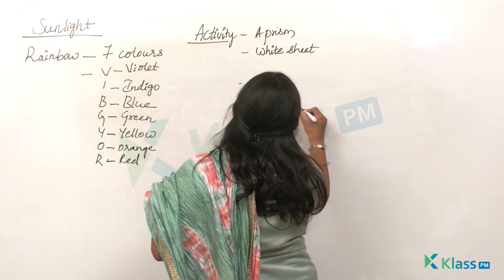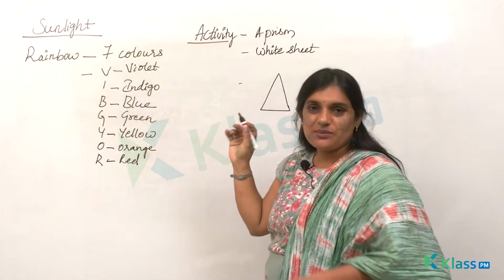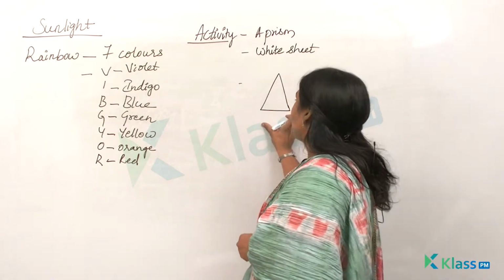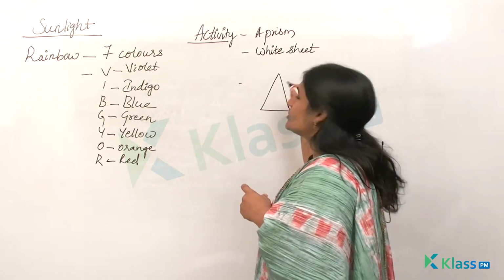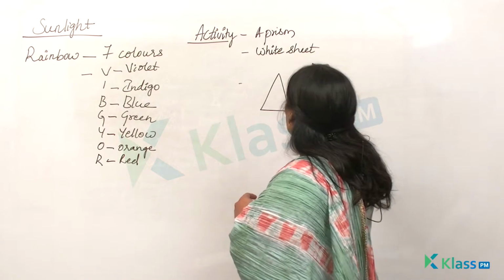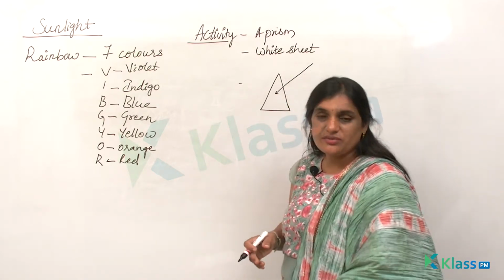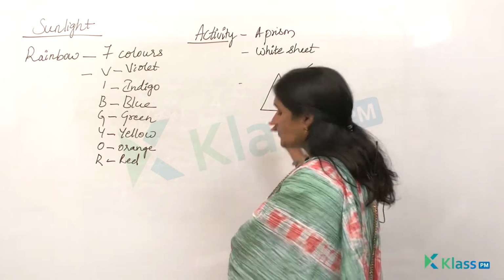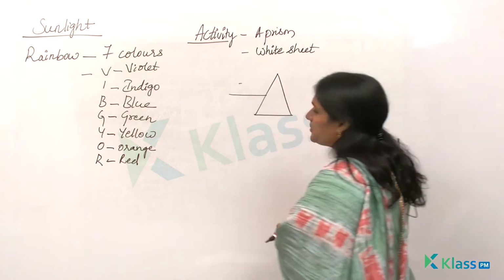Now what you do is take a prism. I'm not exactly drawing the prism. Take a prism and place it on a white sheet. Keep it on a white sheet and place the prism in such a way that the light falls onto the surface of the prism. That means the white light which is falling from the sun will fall onto the surface of the prism. So when the light is falling onto the prism,